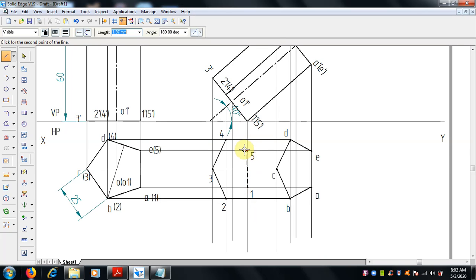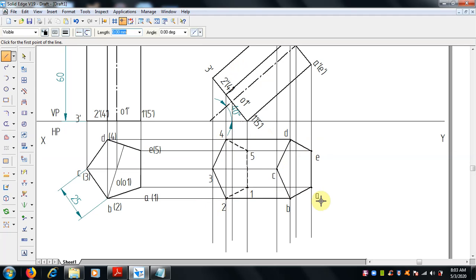So 1 and 5 is hidden, and 1 and 2, 5, 4 and 1, 2 is also, that edge is also a hidden edge. So we have to draw this with hidden line. Okay, so this is the top view.